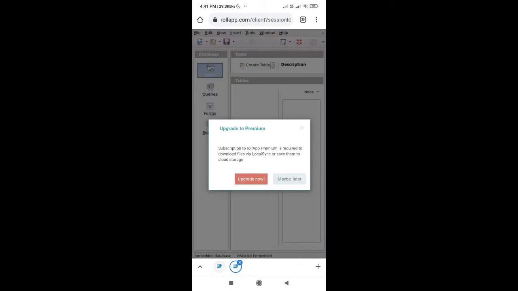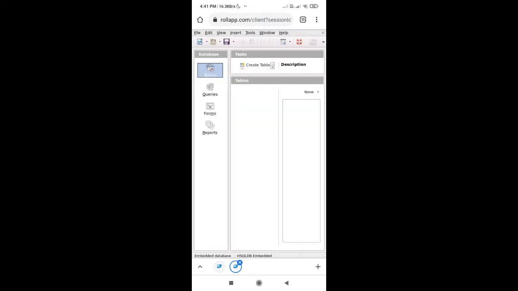Now just select the maybe later option. If this window pops up, you can see at the left side there are objects like tables, query, forms and reports which we can use while performing any practical in LibreOffice Base.